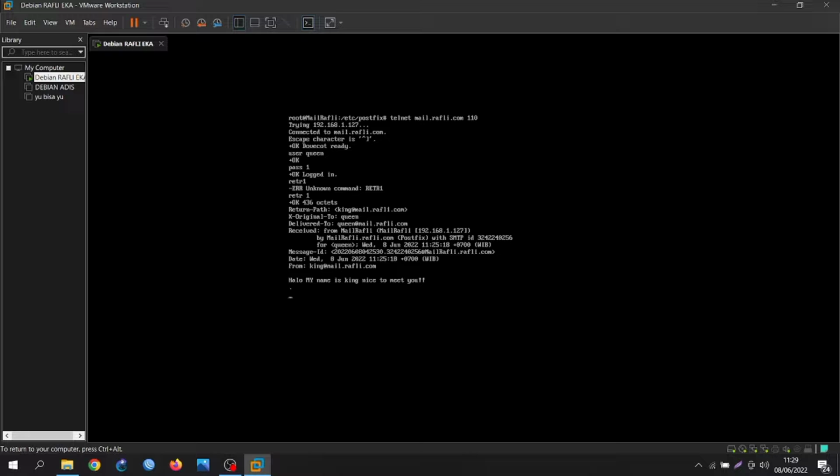And after we know how to configure a mail server in Debian 9,